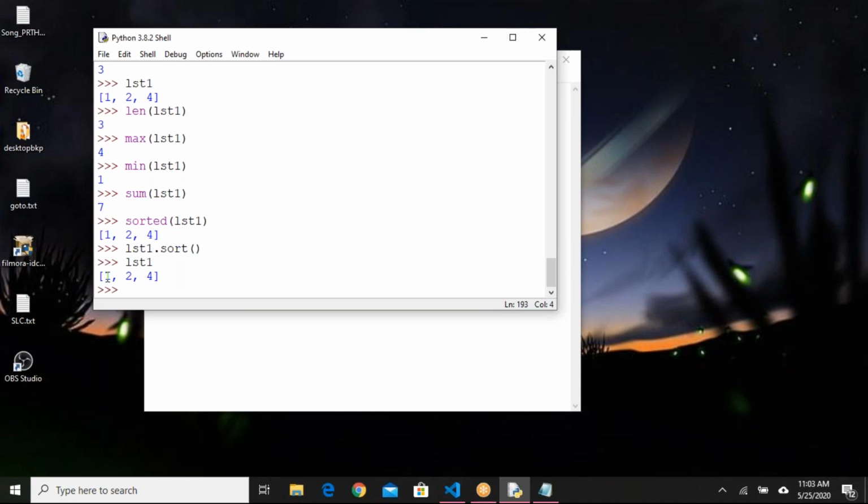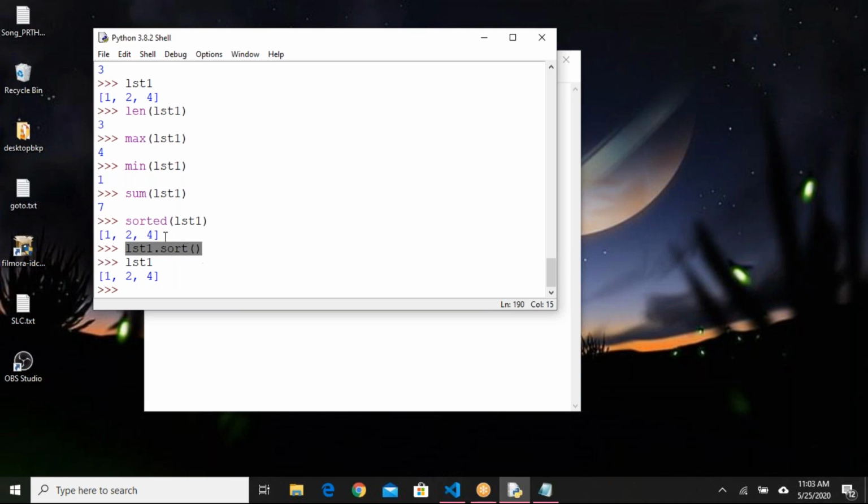Okay, it will also sort. I'm talking about sorting, right? There are two options to sort the list. Just remember, here we have the sorted data only, but we are not seeing any difference. But if you say sorted of list, it will sort the elements and give them in a sorted order. If you say list1.sort also, it will give the data in a sorted order.